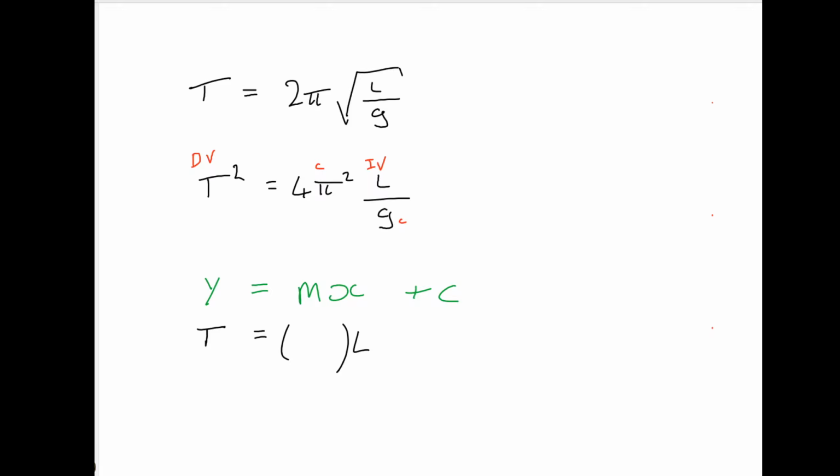Now, I've already squared the equation at the beginning, which should give me an indicator. What I need is t squared. Genuinely, though, if you did this in terms of root L, it would work in exactly the same way. It's just, this is one of the common equations we do a lot. So, with t squared on my y-axis and L on the x-axis, if I just rearrange this equation, and literally